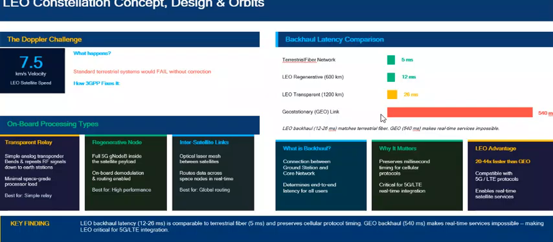And Leo transparent has slightly higher latency compared to Leo regenerative because it sits above it, and we don't have a working gNodeB there. Like there is no